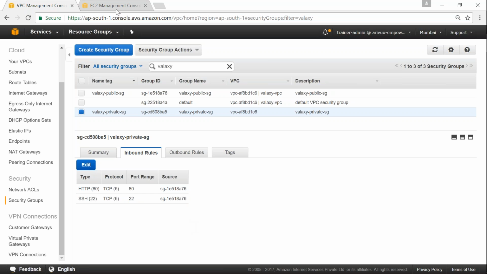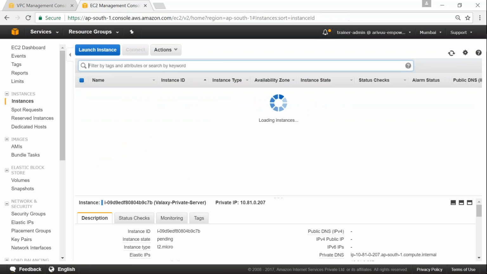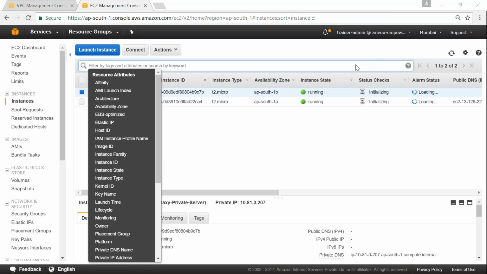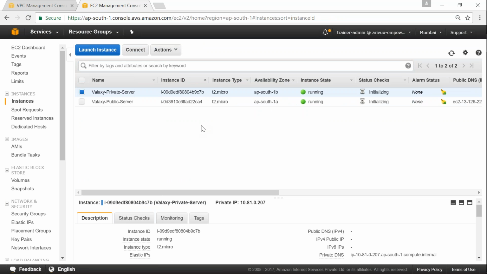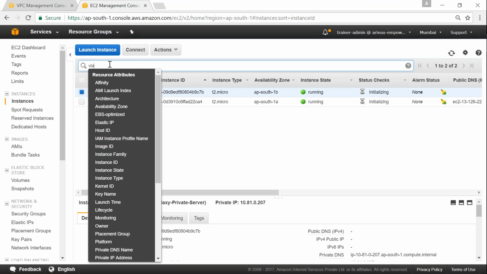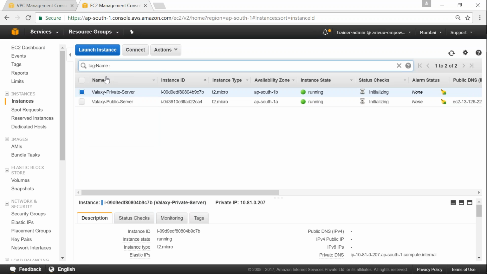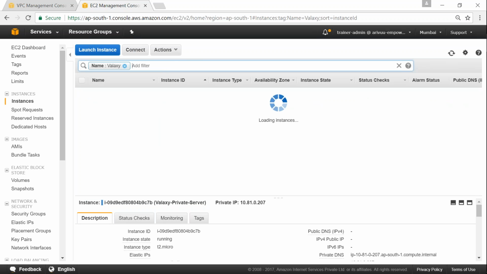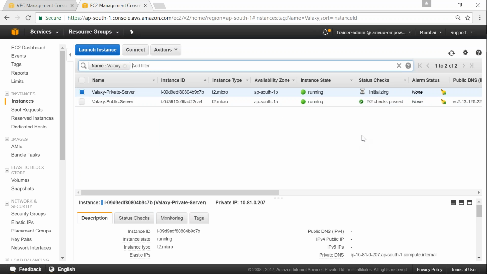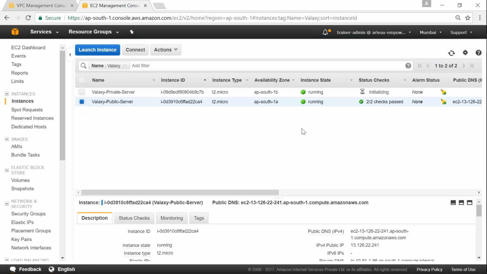Let's go ahead and check our EC2 dashboard and connect to our public instance, not security group. So I'm going to filter it by name tag. Is that name there? Yeah, tag, and it has Valaxy. So only those two are available. Great. And while the private server is still initializing, let us go ahead and click on the public